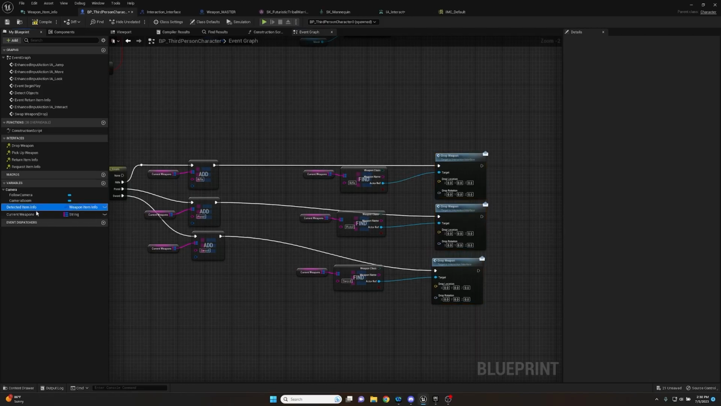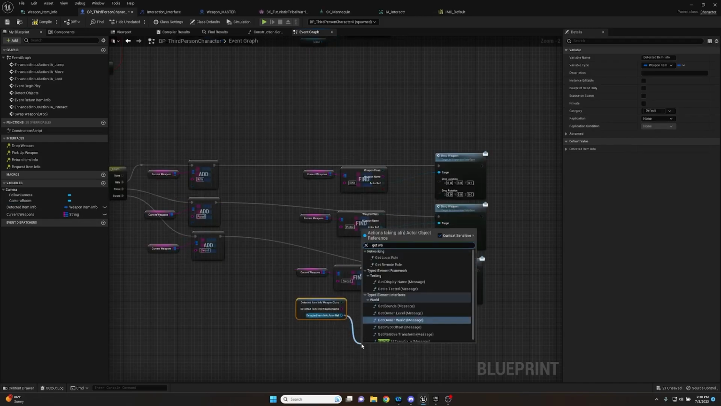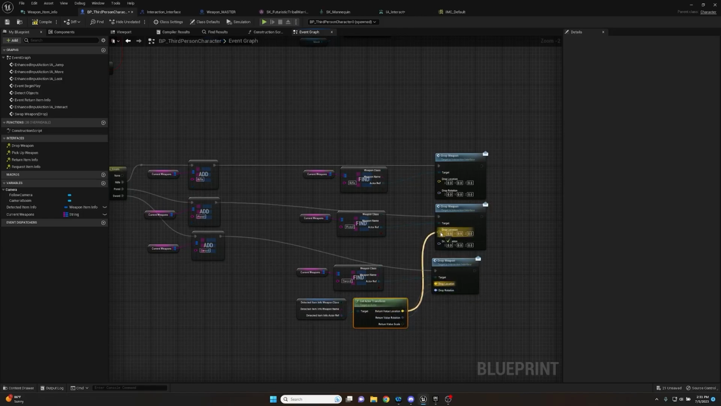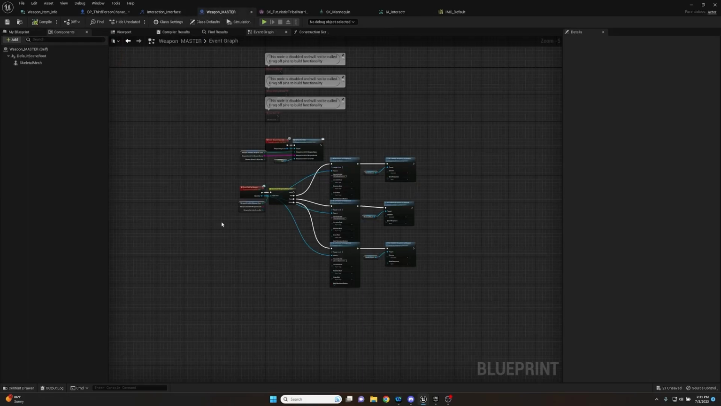And it's realistically just done by getting the detected item info, split the struct pin, go off of the actor reference and get actor transform. We're going to split the struct pin here, and we're going to go location, rotation, and we're going to plug it into all of them because this is going to be the weapon that we're scrolling over. So we want to save this rotation and location because now if we go into our weapon master blueprint here,